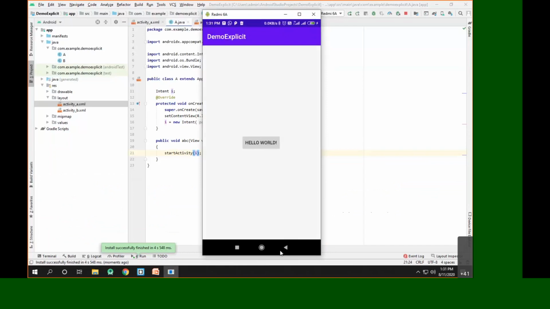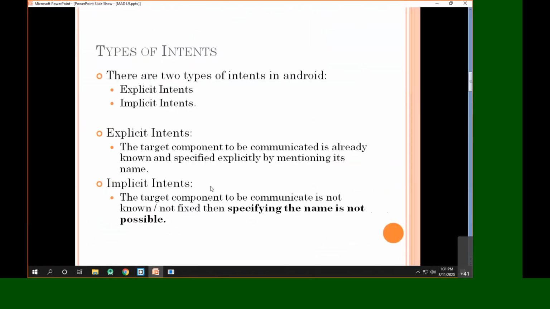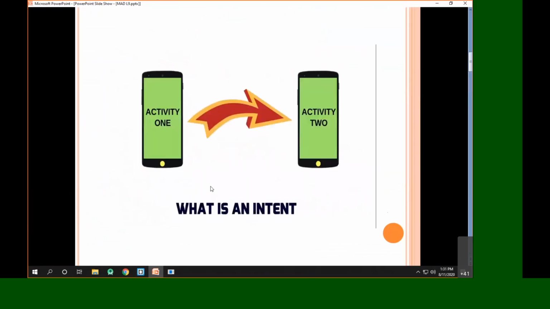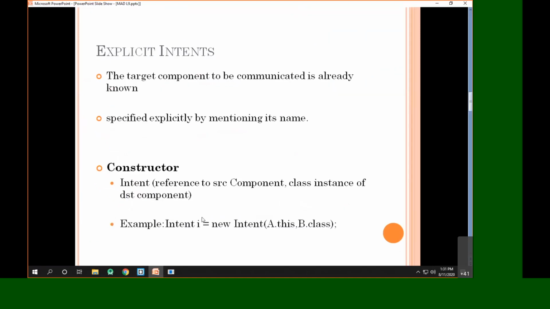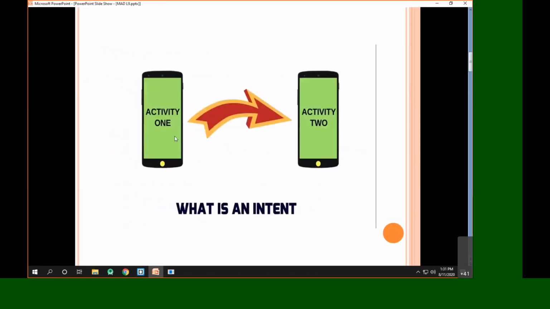So what we have seen till now is, what do you mean by intent? Intents are basically the communication object which allows communication across the different components. If you want to launch, for example, one activity from another activity, it is possible via intent.